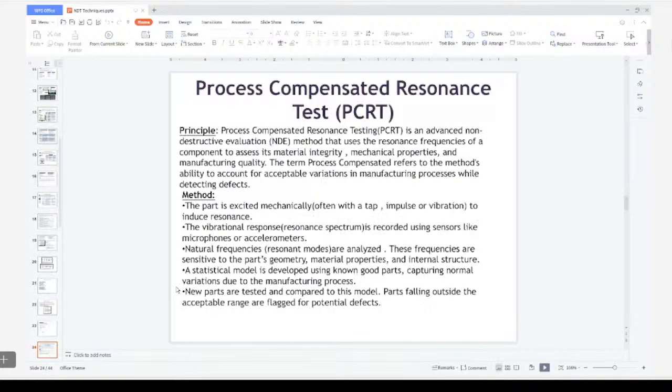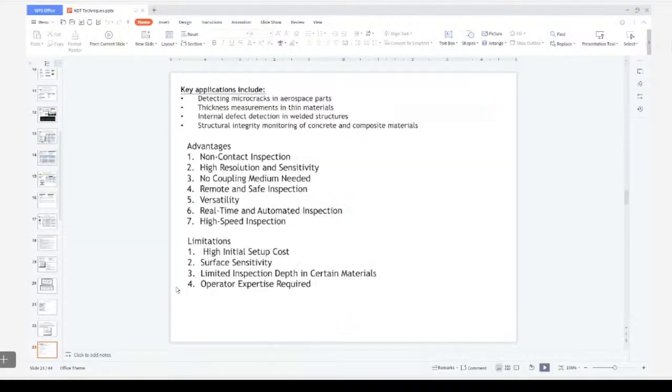Then process compensated resonance test. Here the idea is I excite the part mechanically by tapping or through vibration or impulse. Let's say I have a component which has an acceptable level of defects, that acts as my standard block. Okay, the resonance spectrum will be my standard. Now let's say I have fabricated a new part. I don't know whether a defect is there inside or not. Now I excite that part with a tap or impulse or vibrations. And based on its natural frequency,